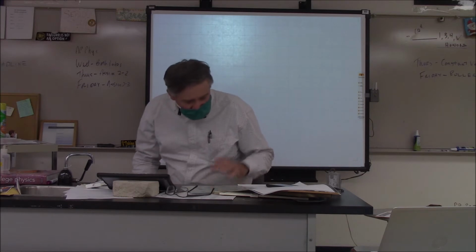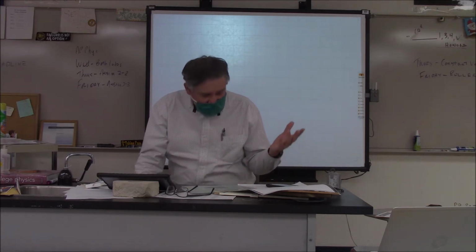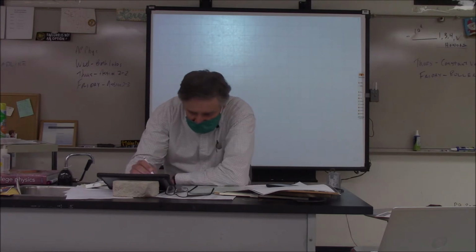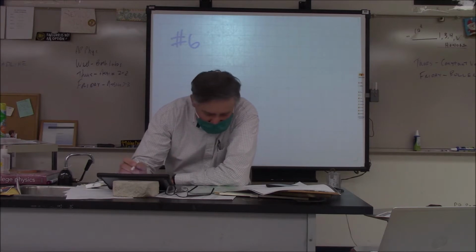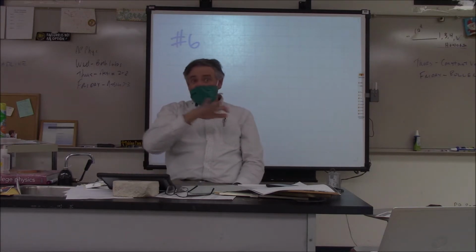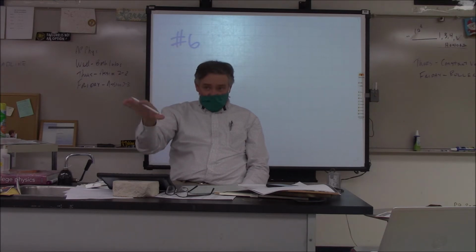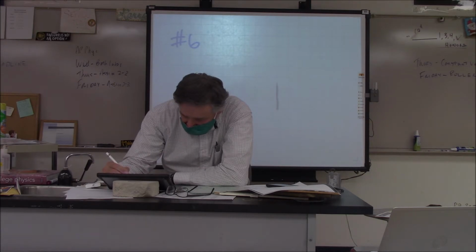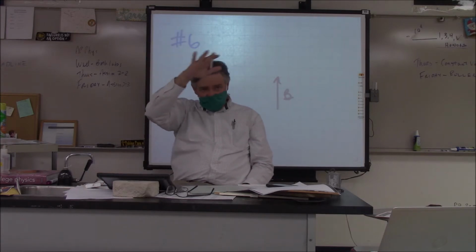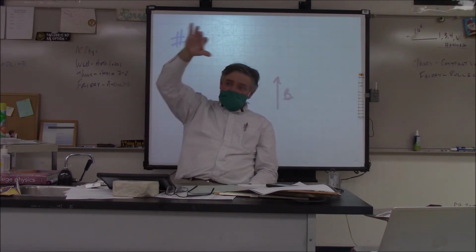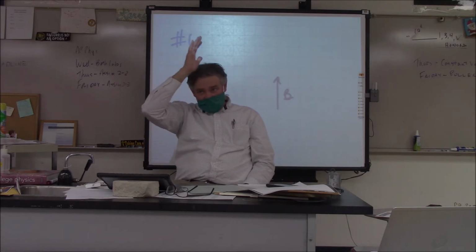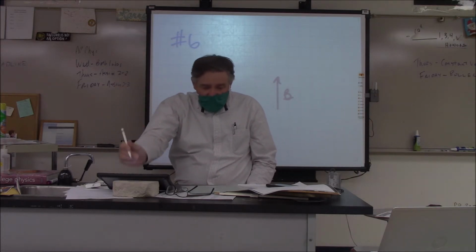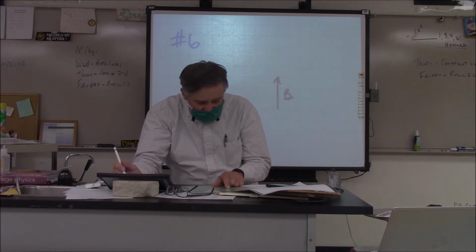If you look at, for example, number 6, this is what I'm looking for. So let's say you're going to do number 6. I'm just going to sketch this out. You all will actually draw this to scale, but this is what I'm going to be looking for. So you can have vector B, 3 centimeters at 90 degrees. Remember, everything is measured around from that positive x-axis. So when I say 90 degrees, I know that's 90 degrees. Then you've got vector C, which is 4